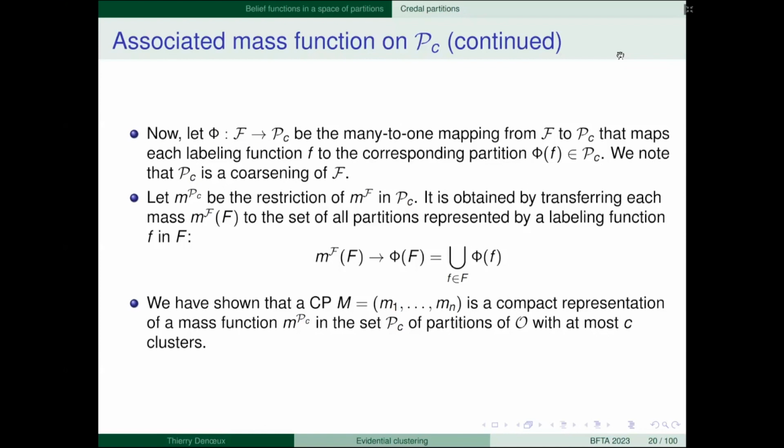So M superscript P sub C is a restriction of M superscript F to P sub C, and it is obtained by transferring each mass given to a set of labeling functions to the set of partitions represented by a labeling function in F. So we assign the mass given to a set capital F of labeling functions, we transfer it to phi of F, the image of big F, which is a union of phi of small f, the images of labeling functions small f in F.